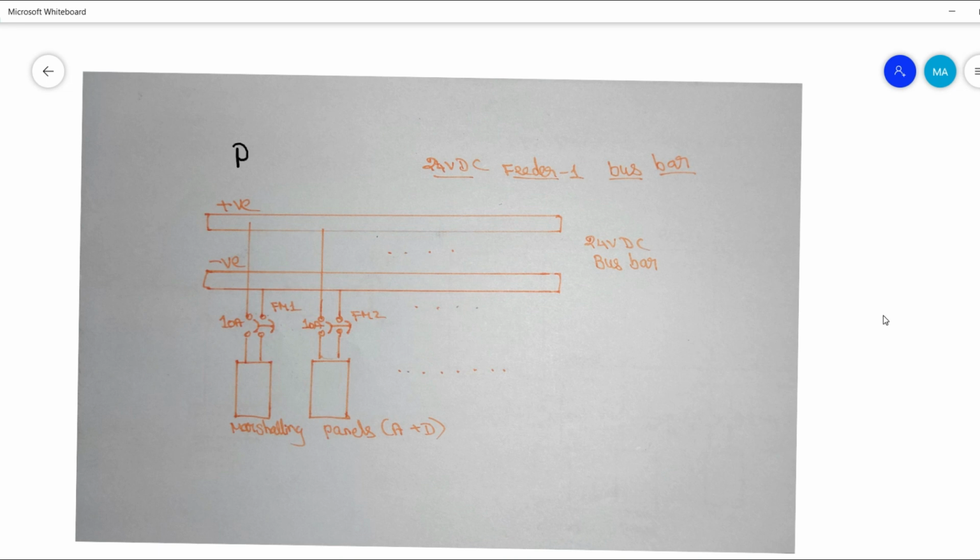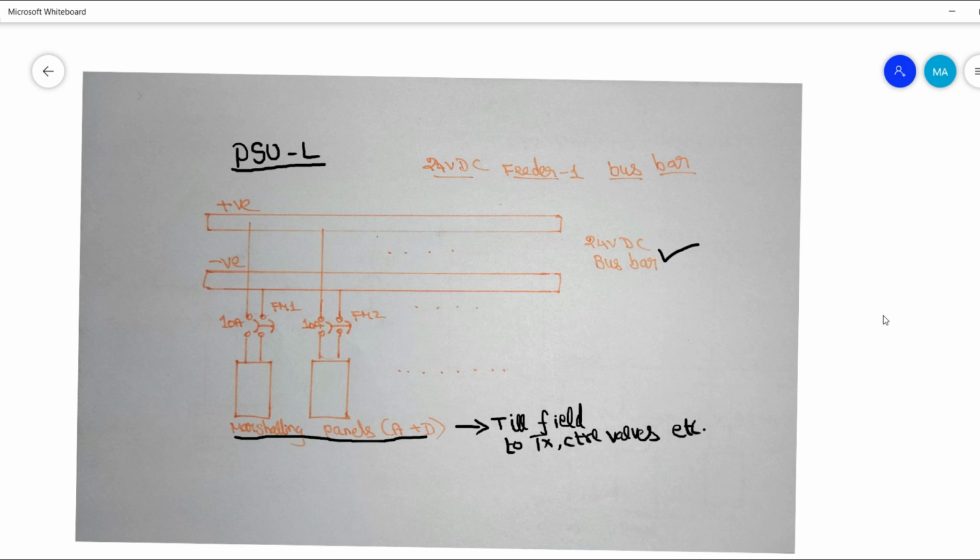This 24 volt DC, converted from 230 volt, gets into a 24 volt bus bar, positive and negative. This 24 volt DC bus bar is supplied to different ICS panels for powering up the electronic components in the ICS panels, and that goes down to the field instruments.